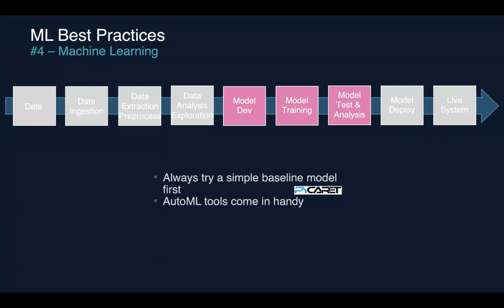First of all, I think at the model dev stage, before you jump into the model training and tuning stage, it's important to build a very simple baseline model, right? You're just validating some of your assumptions. And you can even use AutoML tools, right? Such as PyCaret, but there are a lot of AutoML libraries out there. They usually come in handy, and you can use that to build baseline model, or I think most of the data scientists and ML engineers have their own libraries, so that they can reuse the model code built in the past, and train very quick and dirty models. And you just want to, for a new machine learning problem,